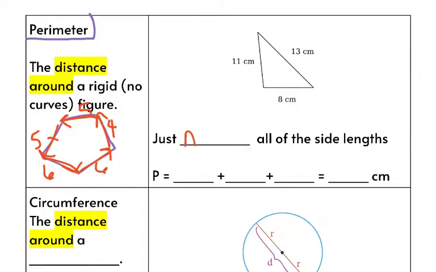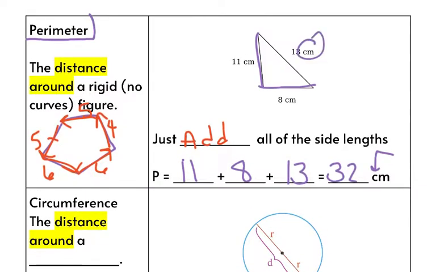So basically, all you have to do is just add up all of the side lengths if you have them, right? So on this one, my perimeter would be 11 plus the 8 plus the 13. That's it, really. And so we'd have 19 plus 13 would be 32. Notice the label. It's just in centimeters because we're just walking. So we should always have our perimeters labeled in feet, centimeters, inches, whatever the units are in the problem that